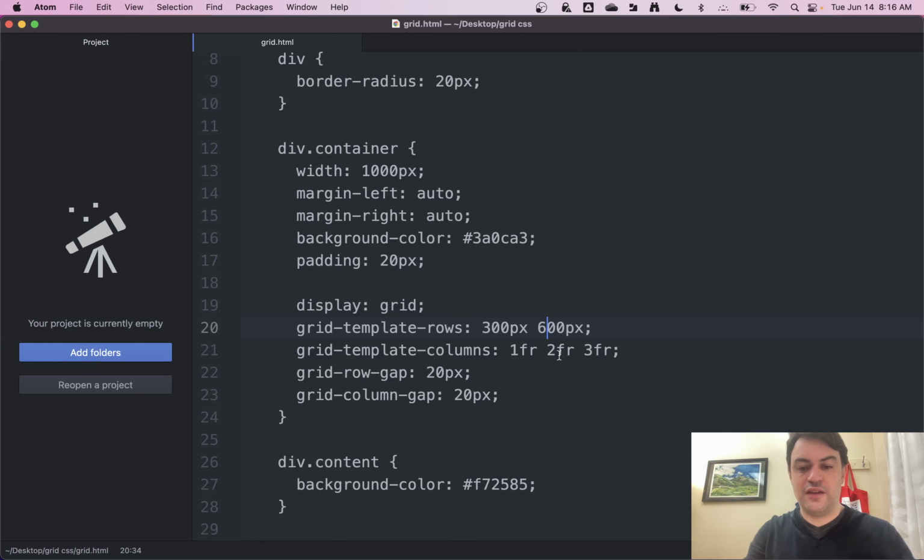Now, to go back, if you're looking at the fractional units, they represent how many fractions of the whole you have. So to get the whole, you add up all your fractions. So you have 1, 2, 3, so that's 6 altogether. So that means this 1 FR is 1/6. This is 2/6, and this is 3/6. So that's how it's calculating